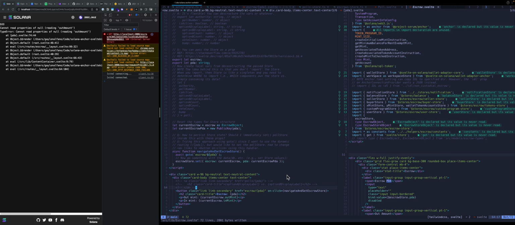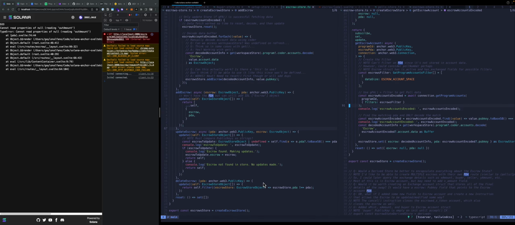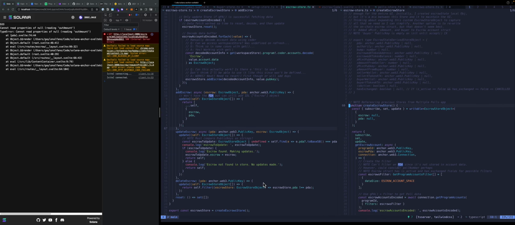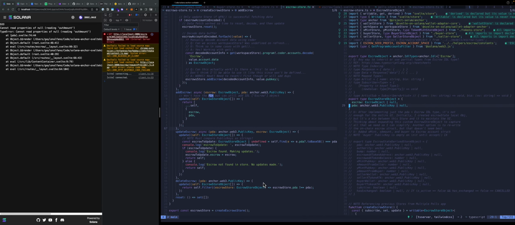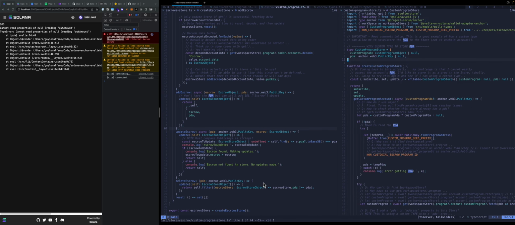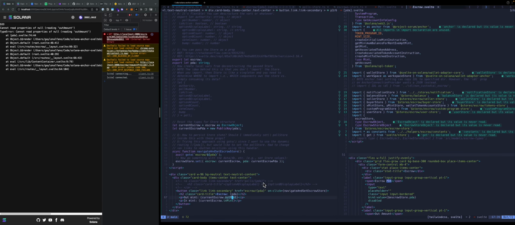What I could do, so I forget, why am I forgetting? Like, what is my escrow store? It's going to be this object. It's going to be that object. So maybe what I do instead is just do like a simple